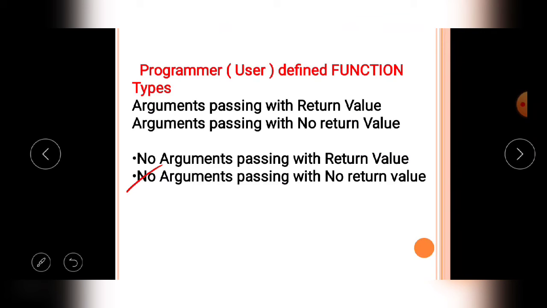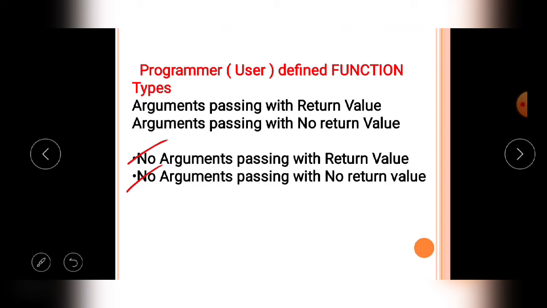Last one: if a user defined function will not receive any arguments from the caller function, and after execution of the program it returns a single value, then that type of user defined function comes under the no argument passing with return value function.